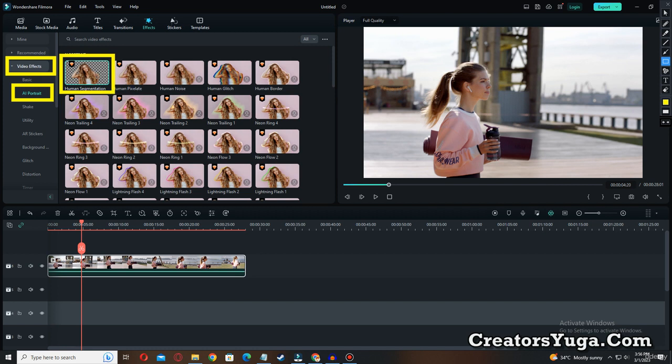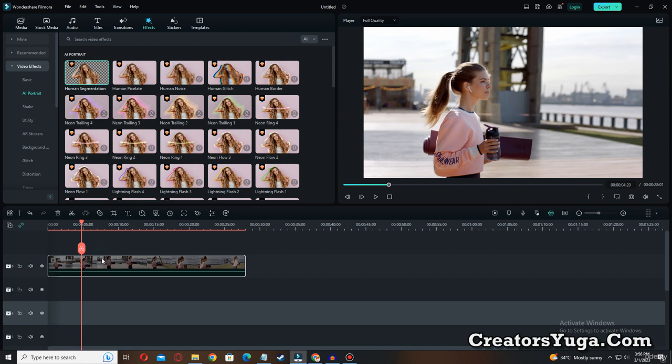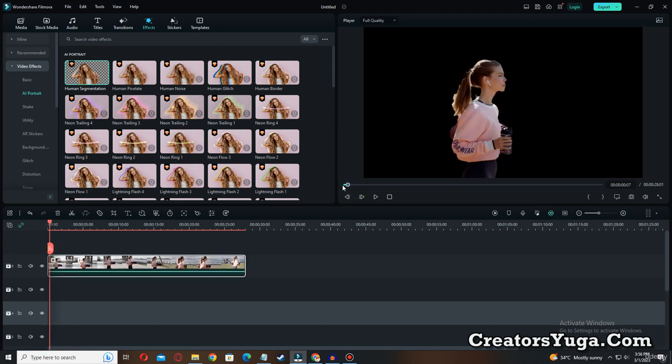It will not remove human, it will remove human's background. Now what you have to do, you have to simply drag and drop on the video, and our background has